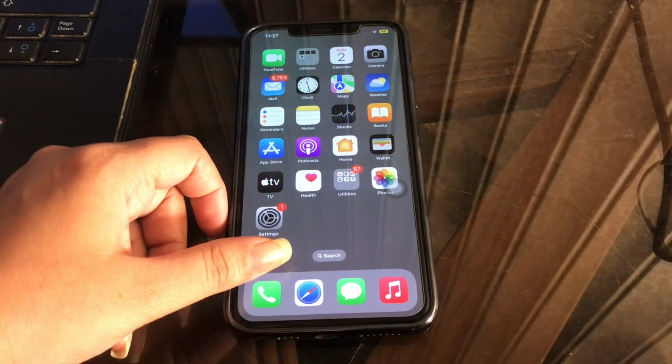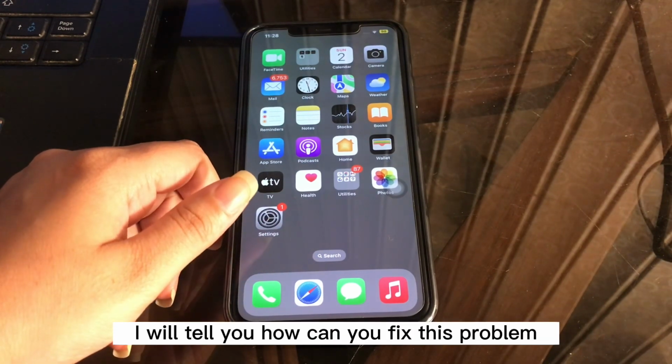wallpaper is not working. So for this, I'll tell you how can you fix this problem, but first